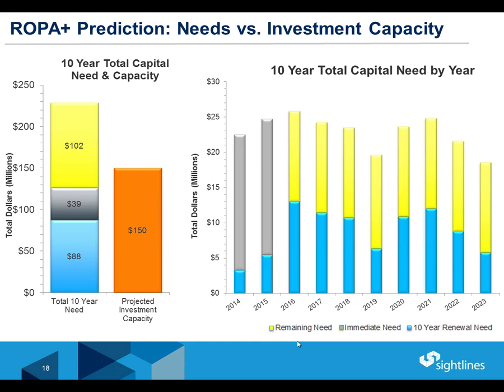Where they would fit together, though, is that IFP data can be used to populate this information very easily in terms of ROPA Plus and being able to get that kind of information out. Second, one of the things that we've heard from some of the campuses that do the IFP with us is that they don't feel that the X time frame projects are very reliable, and that this model may help them get a better handle on those X time frames.